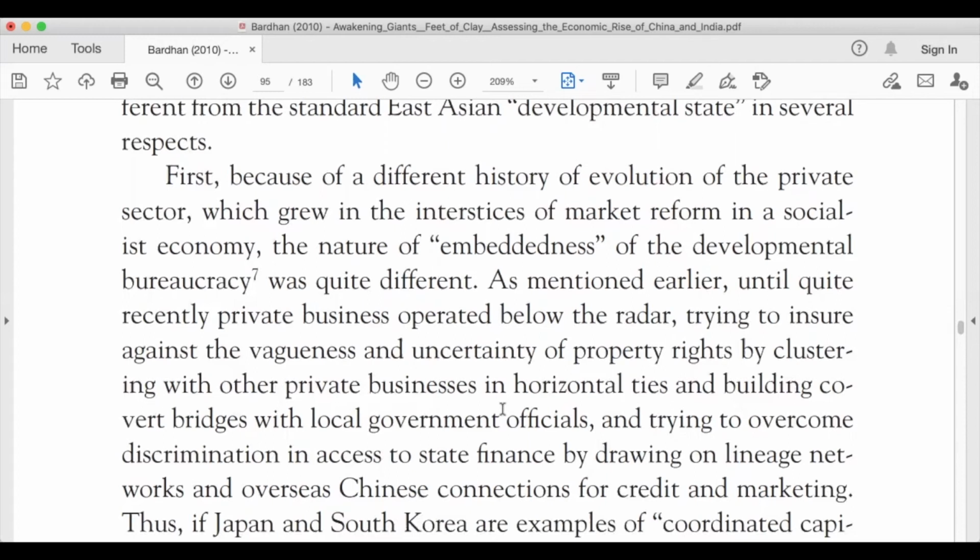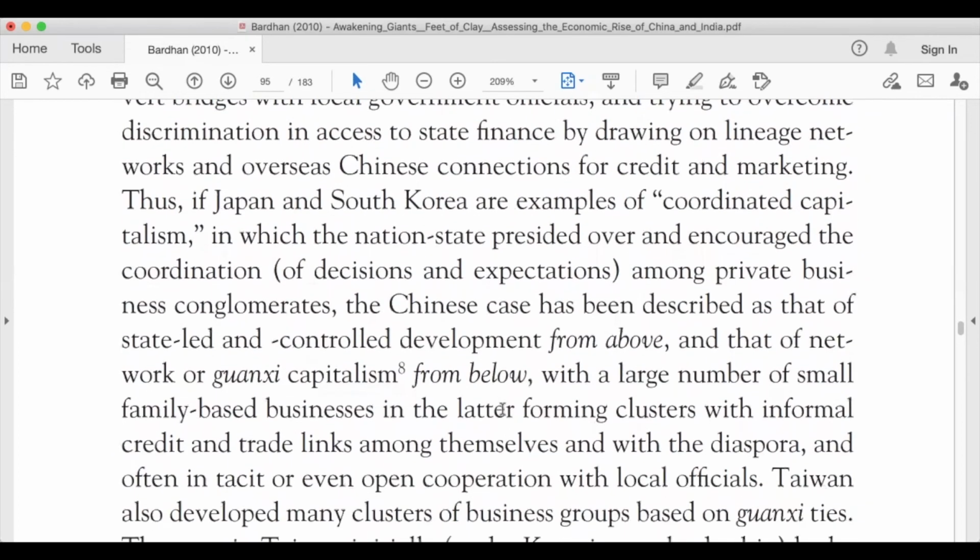As mentioned earlier, until quite recently, private business operated below the radar, trying to ensure against the vagueness and uncertainty of private property rights by clustering with other private businesses in horizontal ties and building covert bridges with local government officials, and trying to overcome discrimination in access to state finance by drawing on lineage networks and overseas Chinese connections for credit and marketing. Thus, if Japan and South Korea are examples of coordinated capitalism, in which the nation state